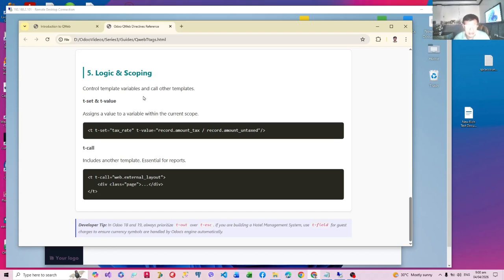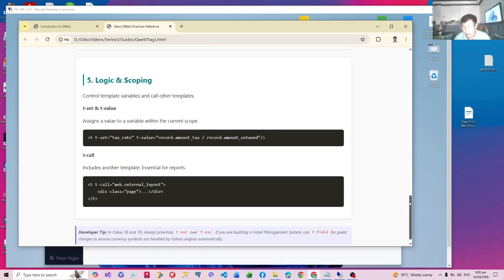You can create a layout like in this case. You can use a layout and call it at the beginning of your report using t-call. So this is a very important tag. It is used to reuse standard components in reports.